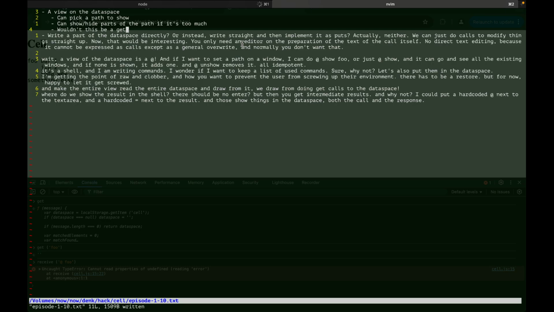Oh yeah, because if you're directly editing the text of the data space, how am I going to interpret those keystrokes in terms of calls? You're just basically wreaking havoc over the data space, making a lot of changes, but you're not going through a call. I mean, technically, you could see every keystroke as a call. Yeah, you could do it like that, but